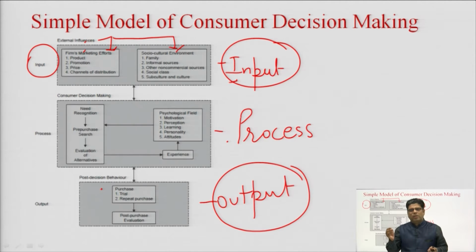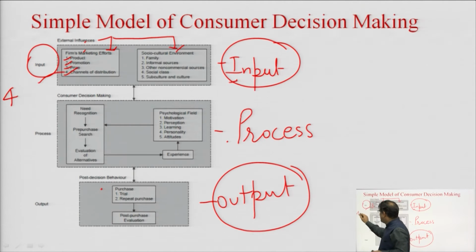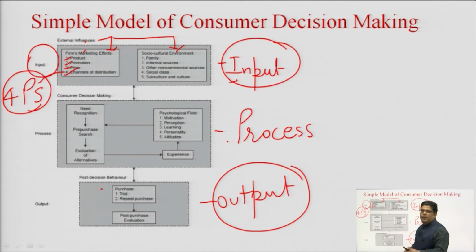That company or organization also makes a lot of effort, and those efforts or external influences also make an impact on the consumer's decisions. So, the firm's marketing efforts can be elaborated as the product, promotion, price and channels of distribution. These are nothing but the 4 P's, or the marketing mix. A company through its marketing mix tries to influence the consumer's decision making process, while